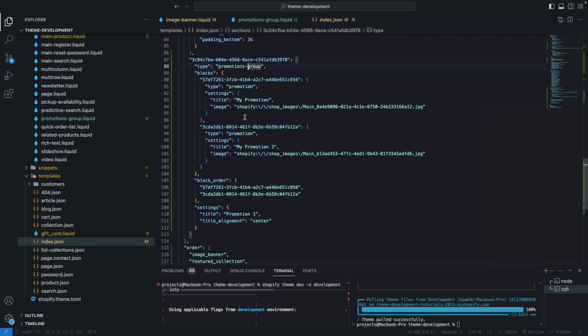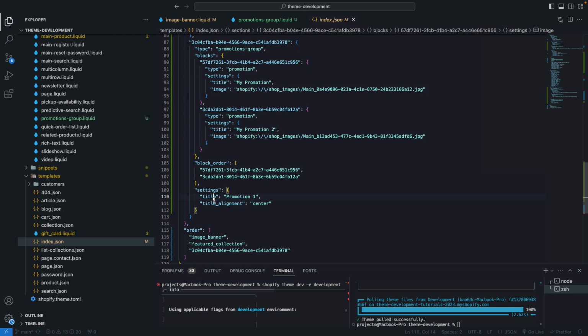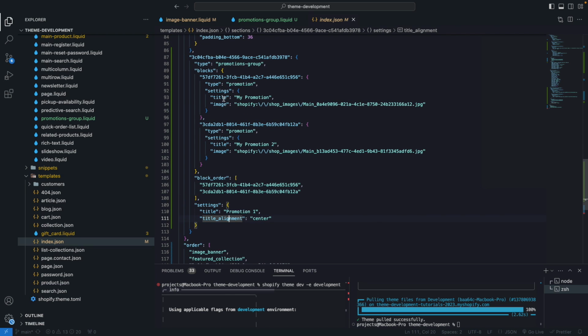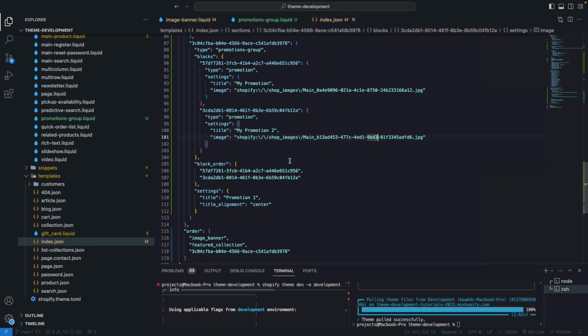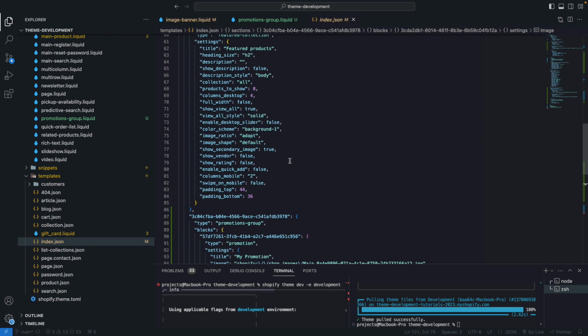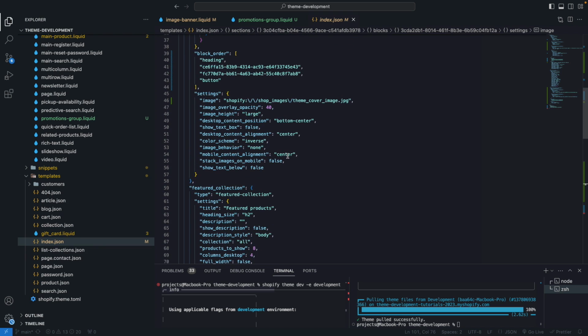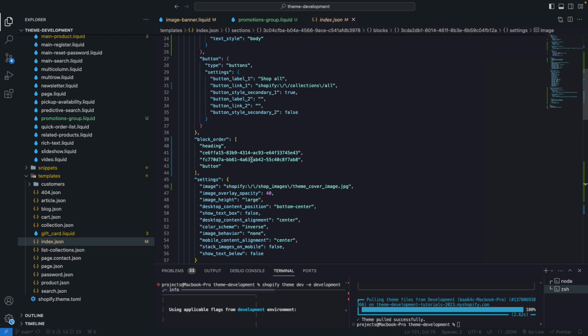And then over here we have the data, so my promotion to, my promotion, and then here are the settings for the section itself, the title, the title alignment, and these are the settings for each one of these blocks. This image over here is some sort of internal URL that Shopify uses to identify each one of the images we have uploaded or have used. We'll go more in depth in what this file is doing in a moment when we are checking the templates